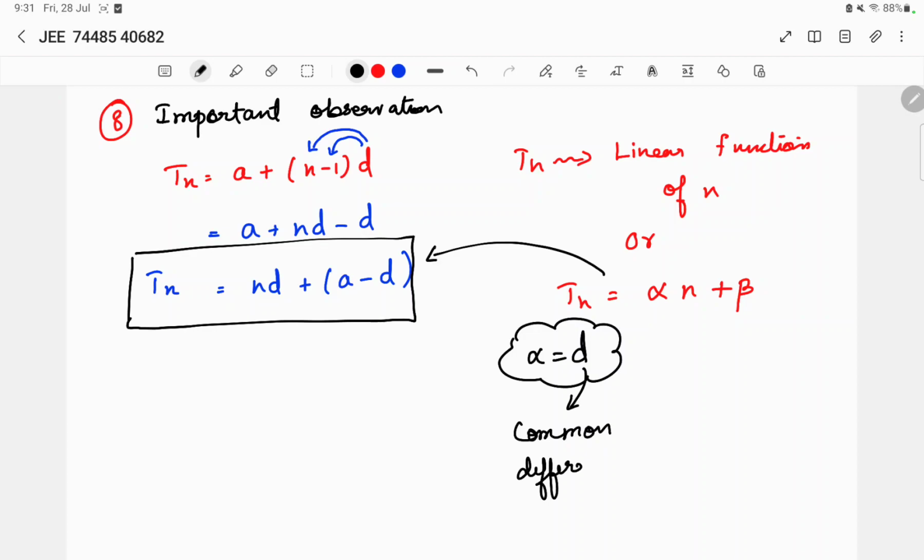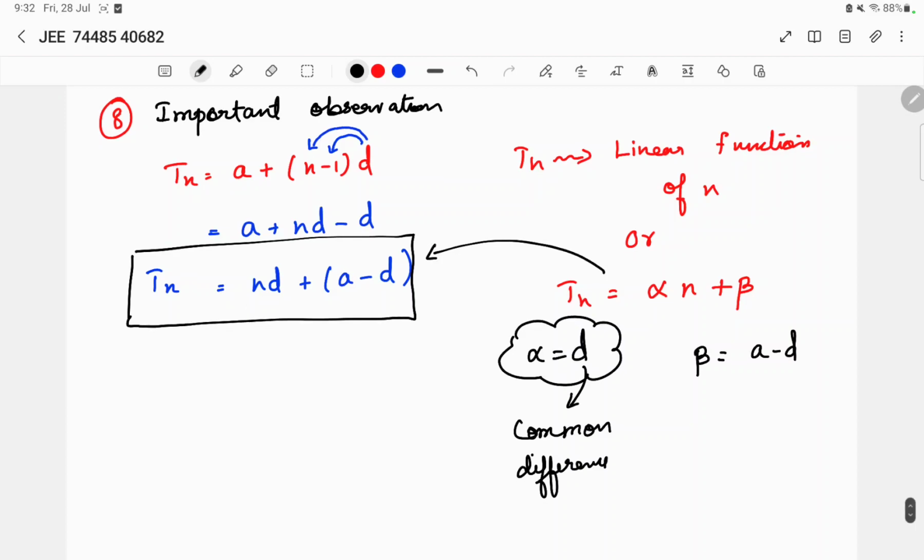So the coefficient of that n will be the common difference. Now this beta will be nothing but A minus D. So how I am writing this? From comparing this Tn equal to nD plus A minus D. So here I have written alpha into n plus beta. So now if you compare the coefficient of n, here also n and here also n we have. The coefficient of n is alpha here, and here I have to take the coefficient of n, which is